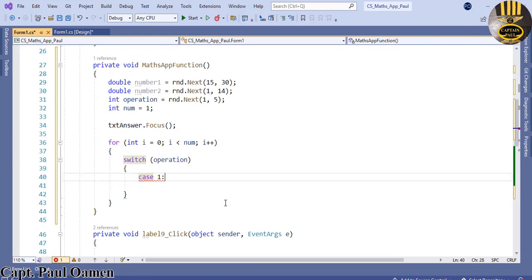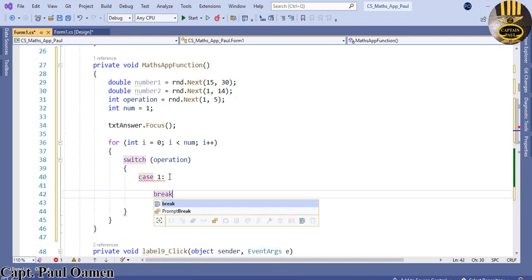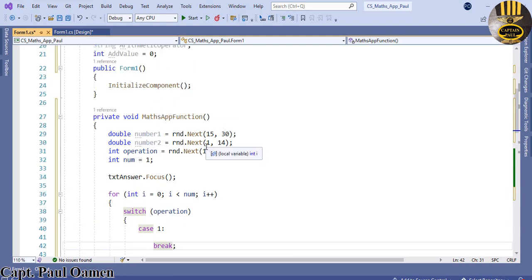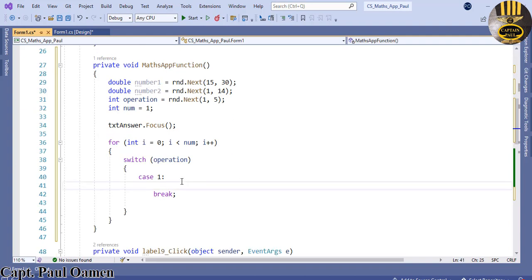Now that is 1. We have this error because you meant to close the switch statement, so let's just close it first so that that's not confusing. So that's gone. Now we want to check whatever value we have inside the arithmetic operator. I'm going to come in here. The case is 1, and if the operator is plus sign,